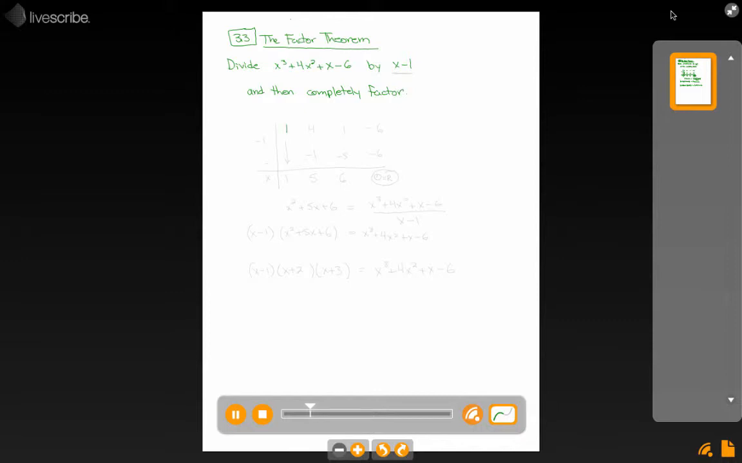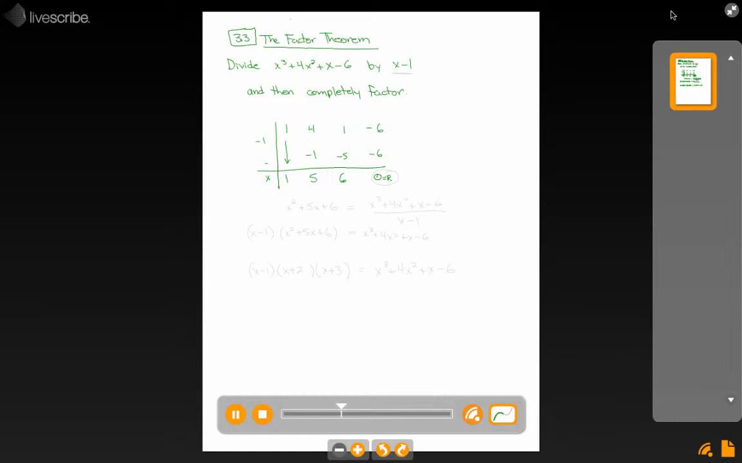We'll set up our coefficients, 1, positive 4, positive 1, minus 6, dividing by 1. Bring down the 1. 1 times 1 is 1, subtract, I get 5. 1 times 5 is 5, I subtract, I get 6. 1 times 6 is 6, I subtract, and I get 0, which is good news